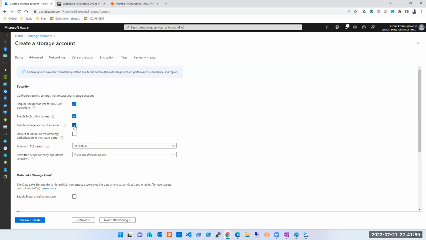If I keep it unchecked, it will not be accessible. And if I check this, it will be accessible through the key.